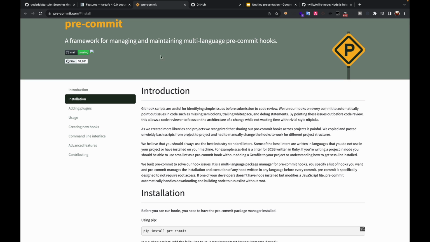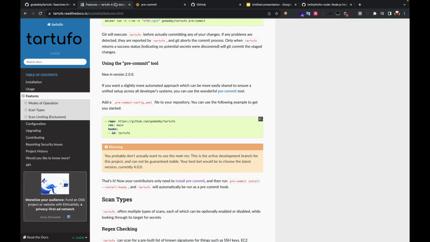So what this does is, whenever a developer pushes or commits code to the repository, it will first go to pre-commit, and then to Tartufo, and using Tartufo it will scan for secrets or API keys or usernames and passwords. And if at all Tartufo finds any